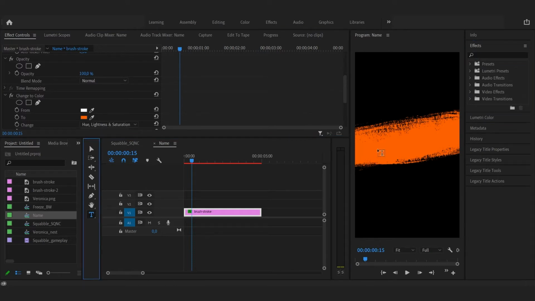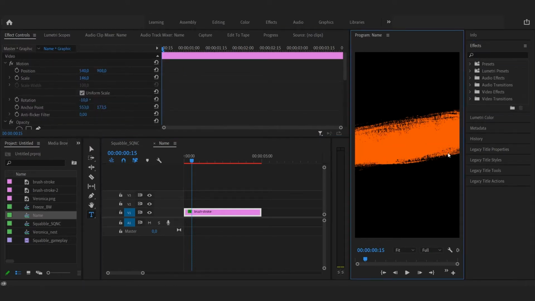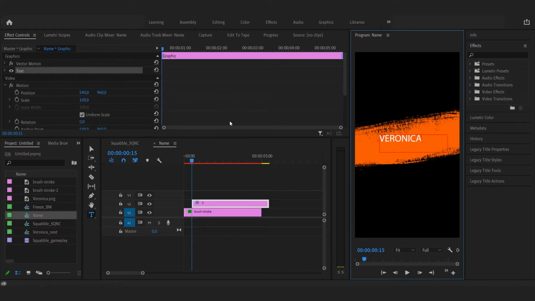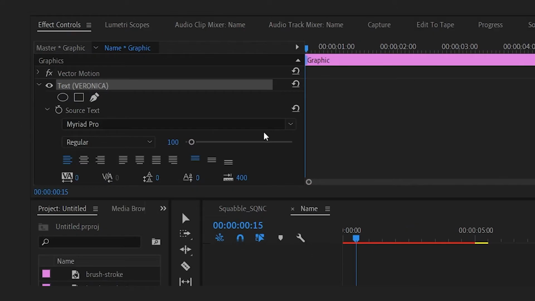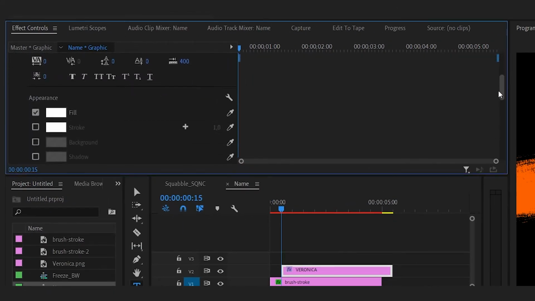As a first step, add text. Choose your favorite font, add a shadow to it and move it to the desired position.